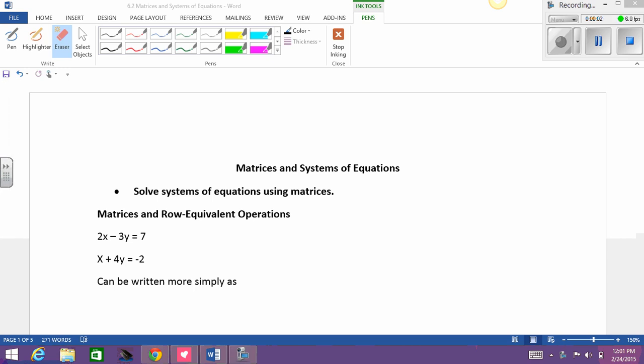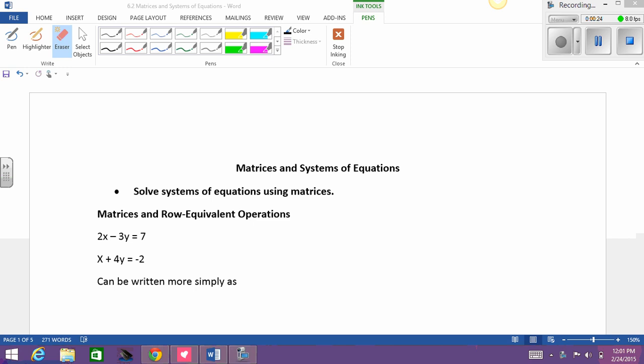This lesson is for Mrs. Cucci's College Now Pre-Calculus class. Today we're going to be talking about matrices and systems of equations. This is all new material for you, and it is quite lengthy, so make sure that you have your notebook out, and an eraser is always a good idea. Use a pencil. The objective today is to be able to solve equations using matrices, so that's what we're going